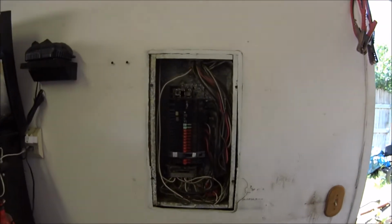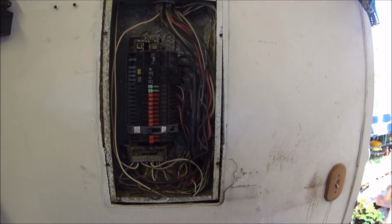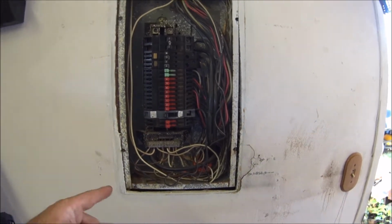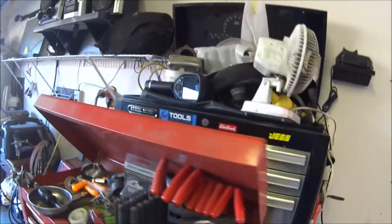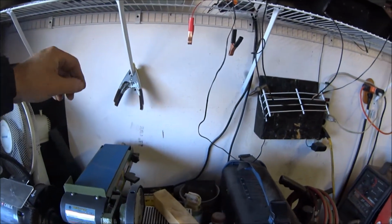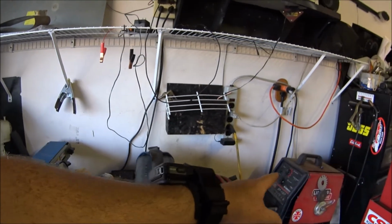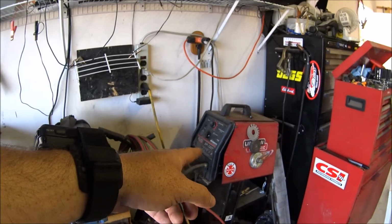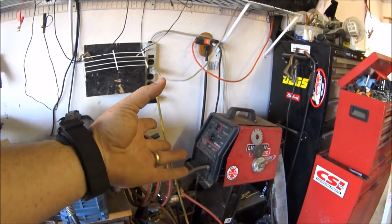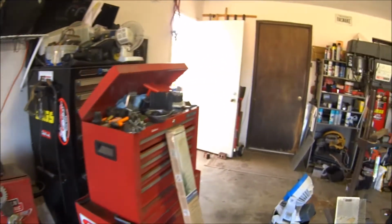Again, he's going to rip this panel out. We're going to put a 125 amp circuit in there. He's going to give me a couple extra breakers. He's going to run a 220 volt 50 amp line, but put a 20 amp outlet, and he's going to put it right here for the plasma cutter. And then if I ever upgrade to a 220 volt welder, I'll have all that there. And then he's going to,